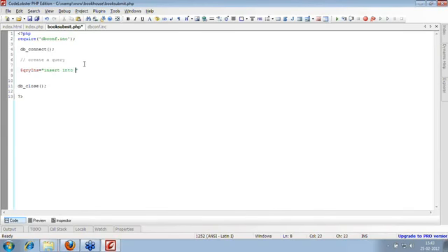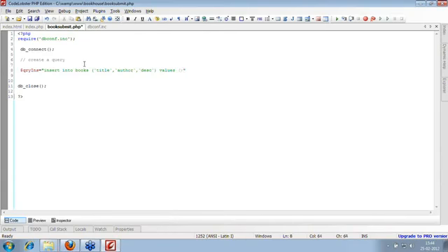Insert into the database, the table name. My table name is books. Insert into the table name and then the fields. So the first field name is title. Then the next field is author. You can give them in any order. It's not that because we created title first, we need to give title first. You can give any order, but whatever order you give the fields in here, the values should be in that order. So next is description. Okay, so insert into table name, the fields, and the values.